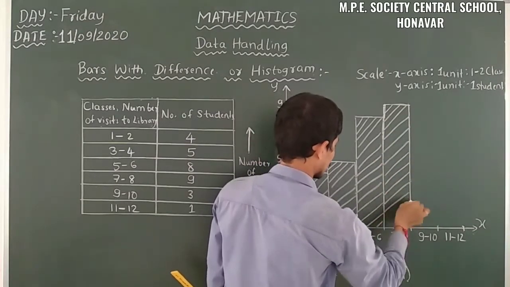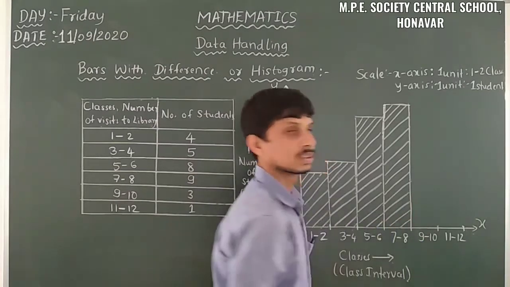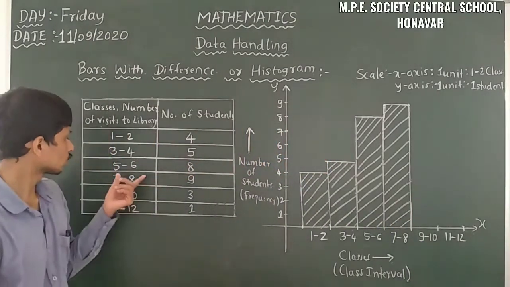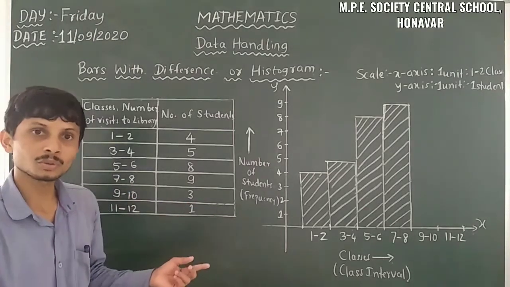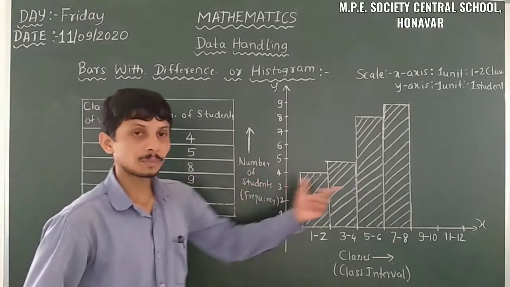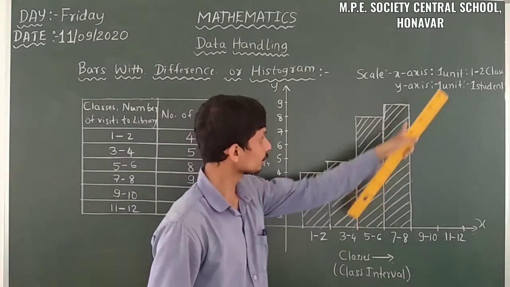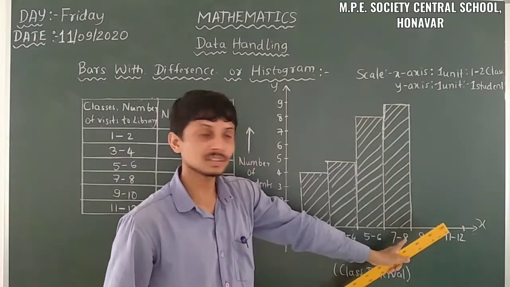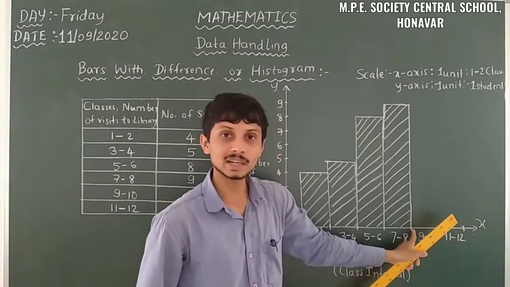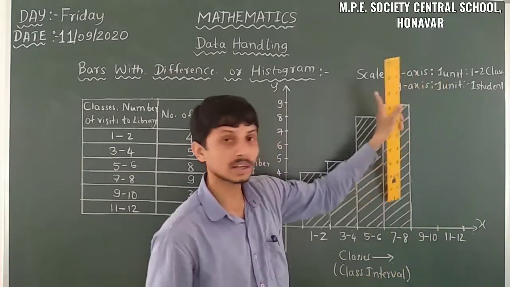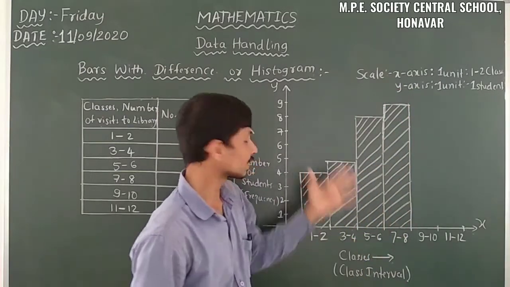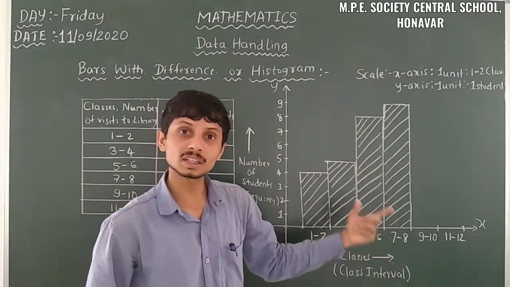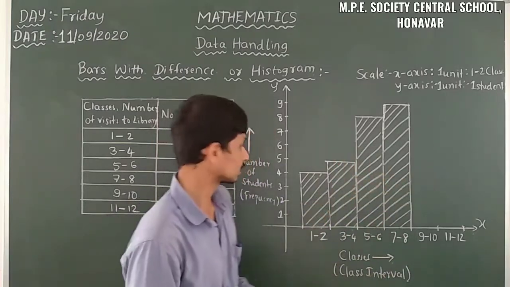Then to the next. So 9 to 10 it is 3. So here we have to draw up to 3. So that means here the last line. In the first part of the 9 to 10, it was increased up to 9, but there is no need of increasing, and there is no need of decreasing. Here we have to take from 3 only.